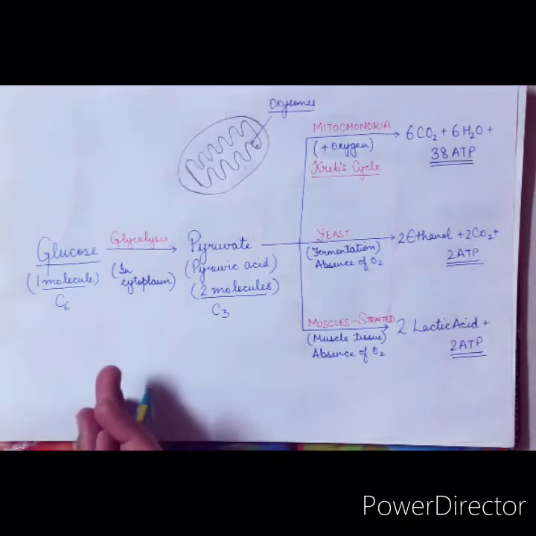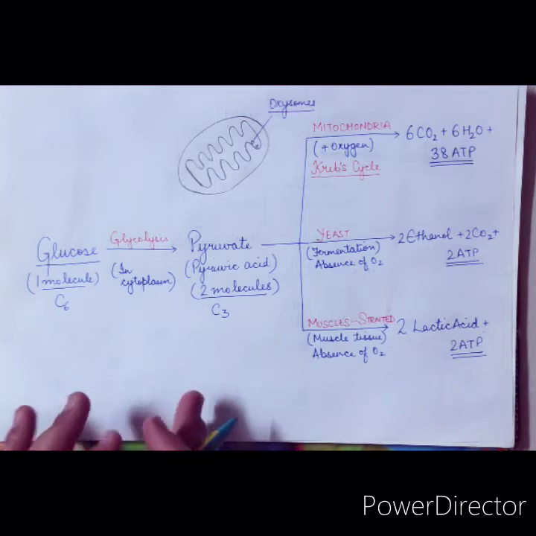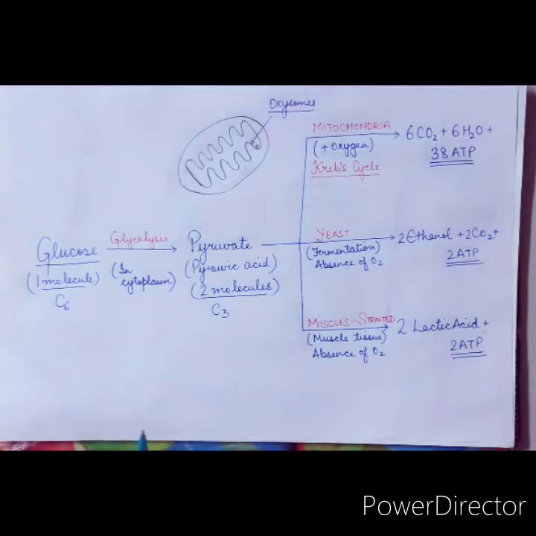Okay, now we'll understand how the actual breaking down of the glucose molecule takes place in the process of respiration. This is a simple diagrammatic representation which is also given in the NCERT book of class 10, and of course that is important, because you must know how the breaking down of glucose molecule takes place if oxygen is available and if it is not available.